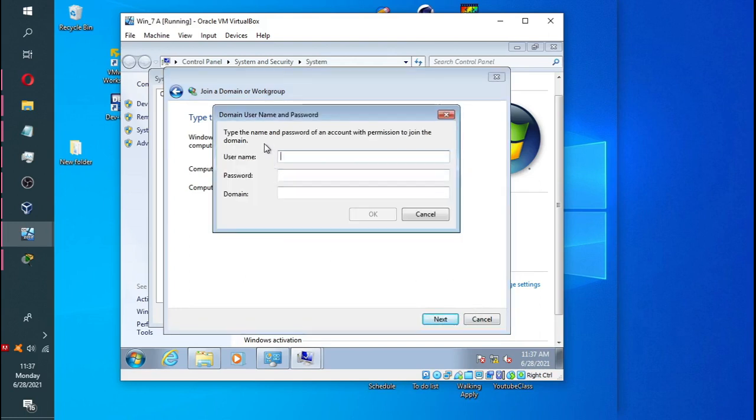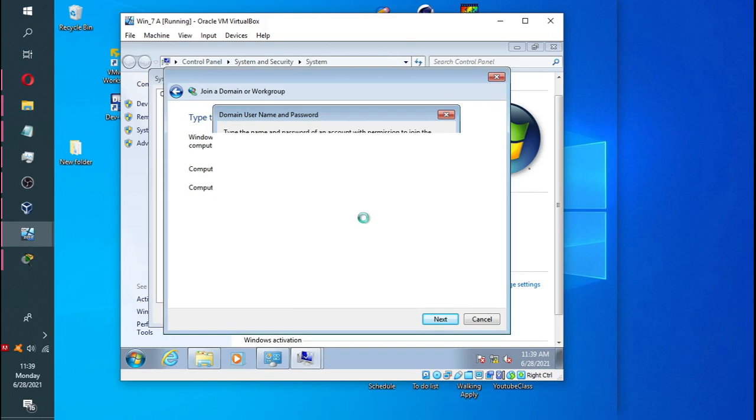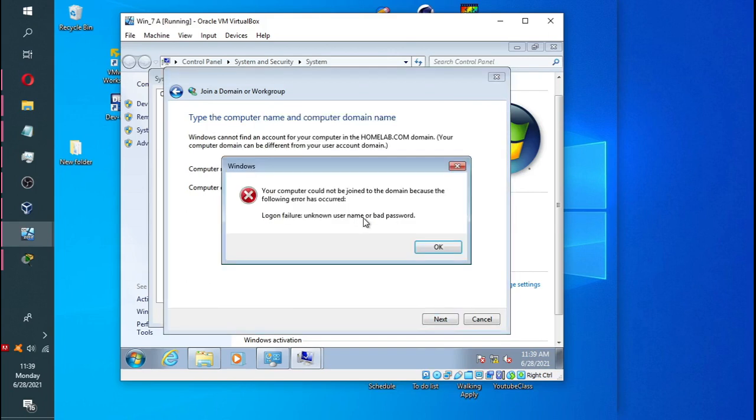Now it's going to ask you for the credentials of the account that has permission to the domain, and that is our administrator. We just put those credentials about maybe 20 seconds back. So we're going to put the very same administrator there in the password, and the domain is homelab.com, and we click OK. Oops,